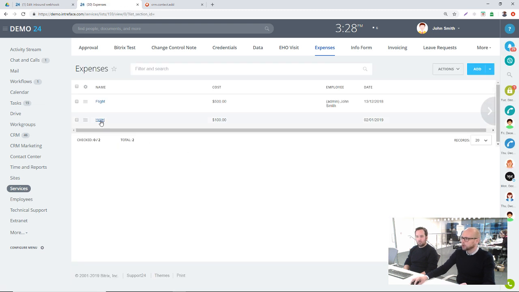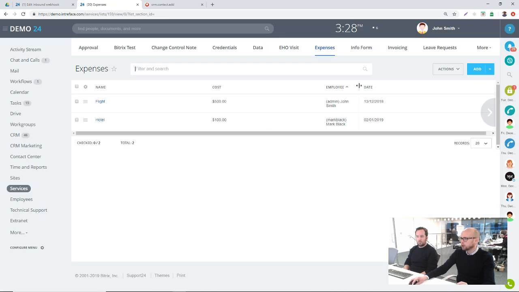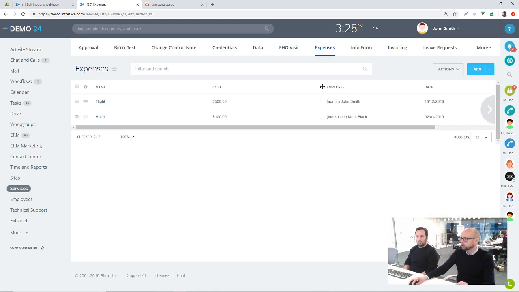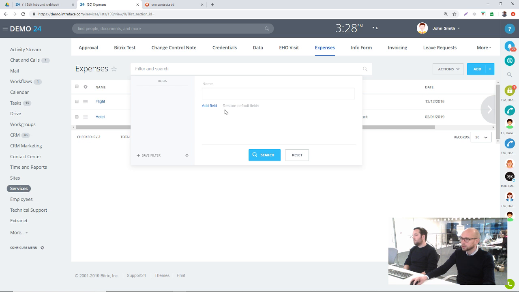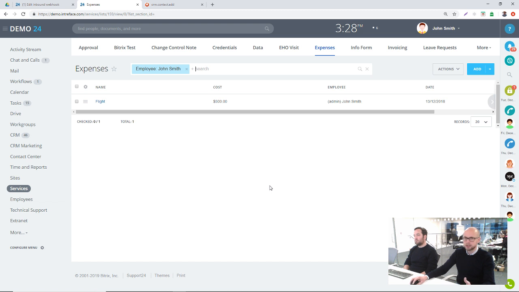And this one, let's edit this one as well and associate that with a different user. So we've got 2 users now, two items associated with 2 different users. If I want to filter by my own items, I can do that. Again, I'm going to need to add these different items into the filter view. And if I click on myself in terms of employees and search, then I can see the full extent of